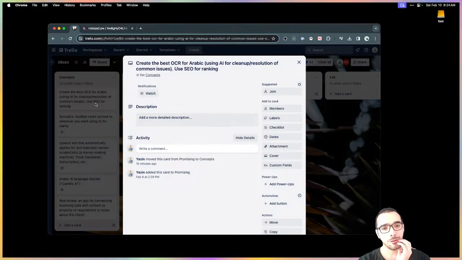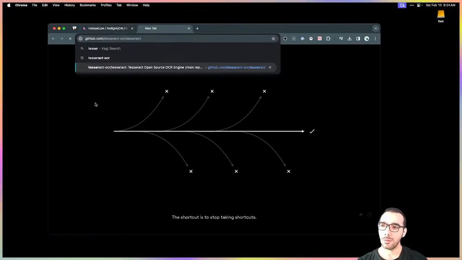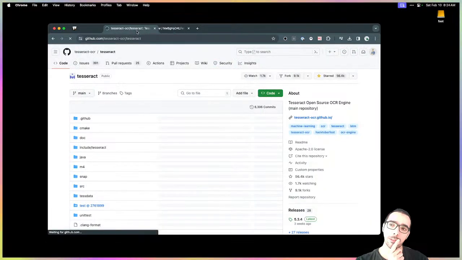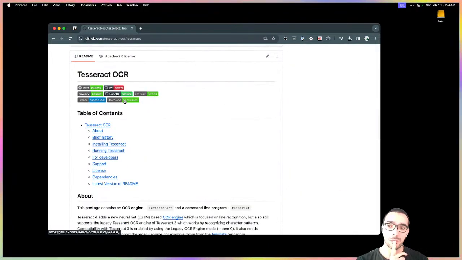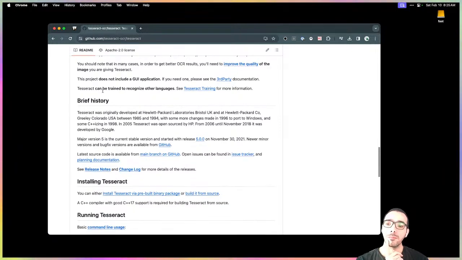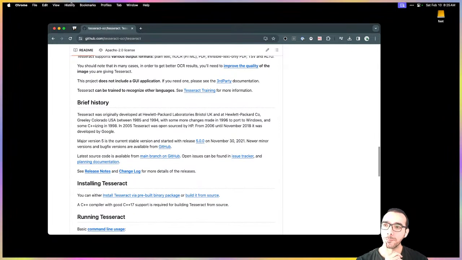Yeah, I mean, this is like a personal issue. Finding a proper Arabic OCR is painful, and I think being able to combine AI with some element of using Tesseract. I know you can use Tesseract OCR to extract raw text, and then being able to clean that up so that you have proper output is, I think, the way to go.